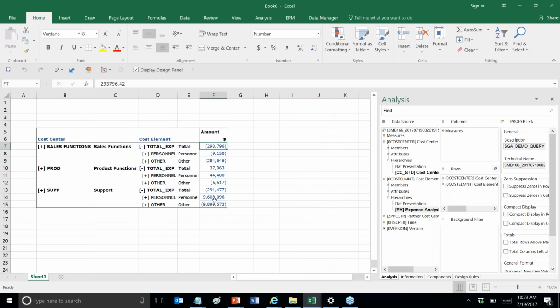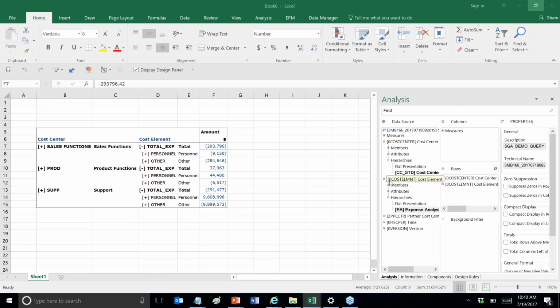We can do the same thing with the numbering. So if we wanted to scale this in millions, or if we wanted to scale this in thousands and save that out as our default, if we wanted, black and red formatting, we can do that as well. So once we're done and we've set up our default template,